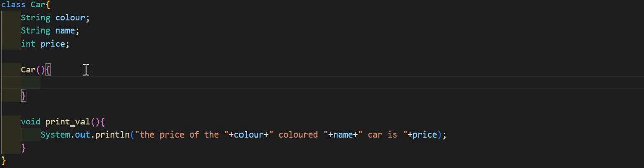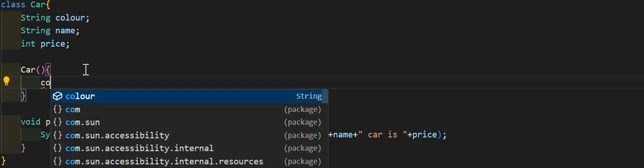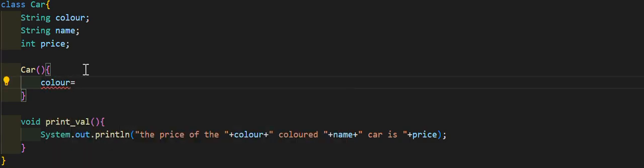Now I am creating this constructor, and I can set a default color, not red, white. For any car I create from now onwards using the default constructor, the color will be white by default.